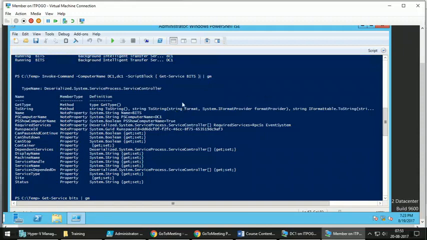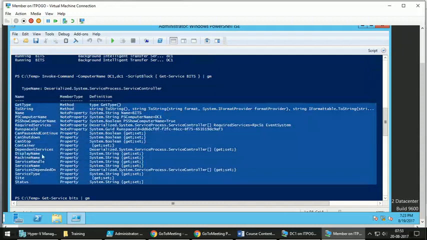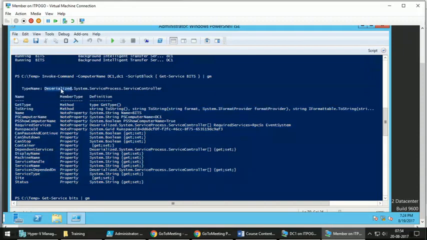Now if you give $bit service object dot restart or $bit service object dot start, it will not work because that method is not there. Look at the output of get member. The methods for restarting, stopping or refreshing service does not exist here, because deserialized object can show only offline data.